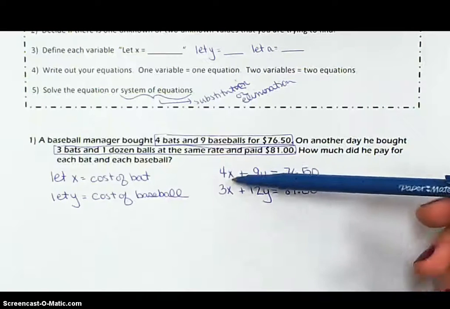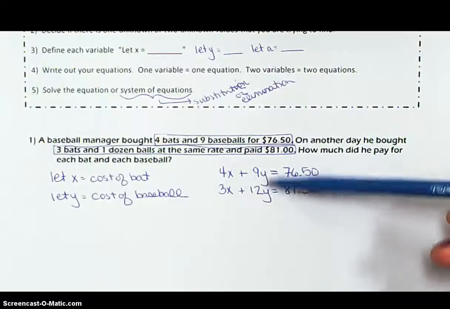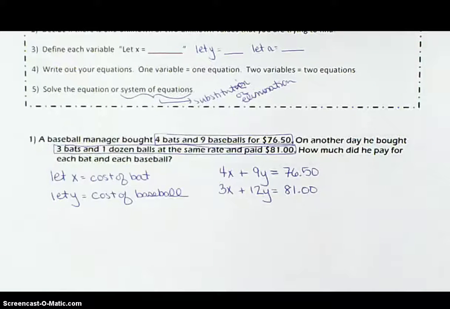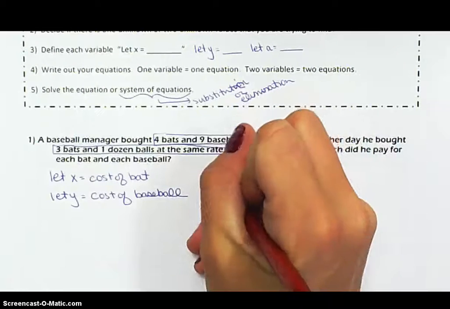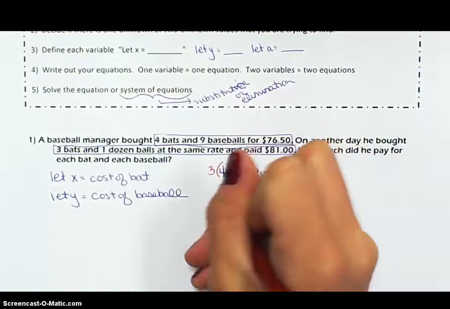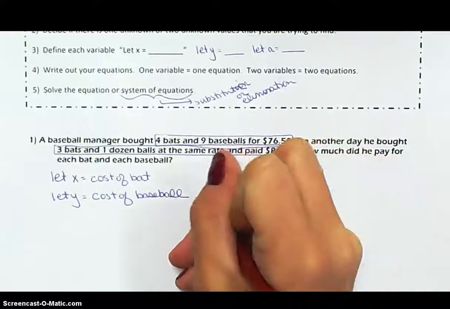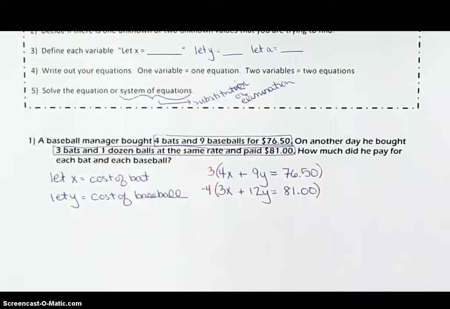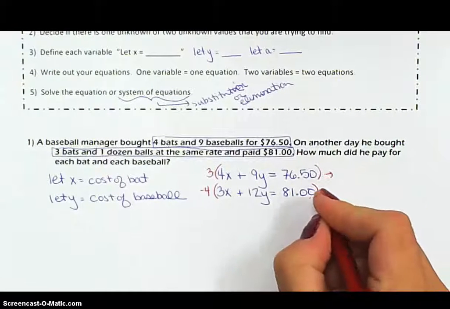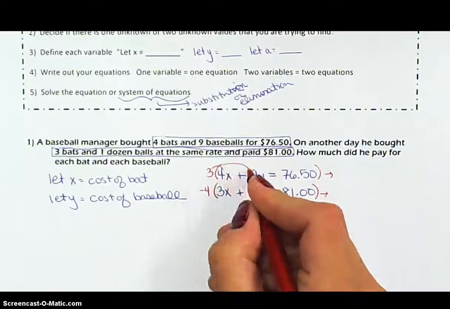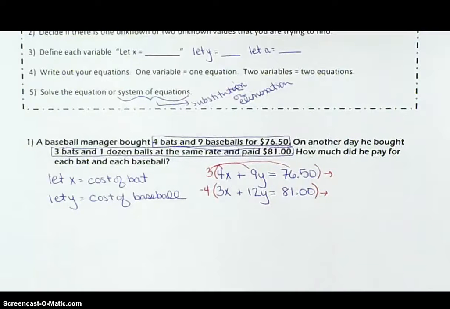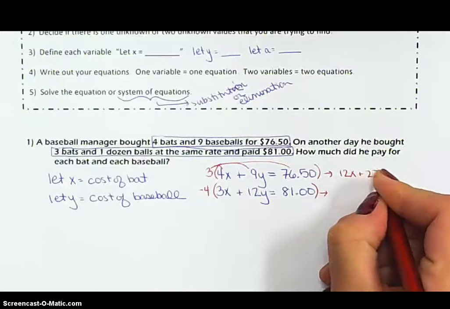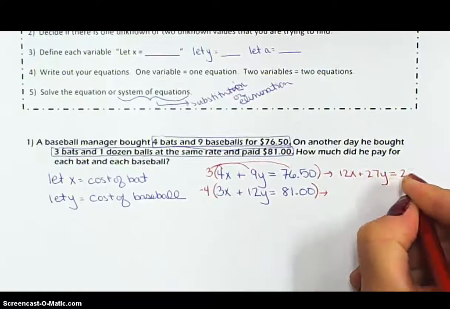Now, if I look carefully here, I notice my x's line up, my y's line up, my equals line up, and my constants line up. So I'm going to go ahead and use the elimination method. I'm going to multiply everything in the top equation by 3. And I'm going to multiply everything in the bottom equation by -4, because that way my x's will cancel when I add them together. When we do this, remember, when you multiply, you have to multiply everything, which includes the cost. So if I take a look here, we're going to get 12x plus 27y equals